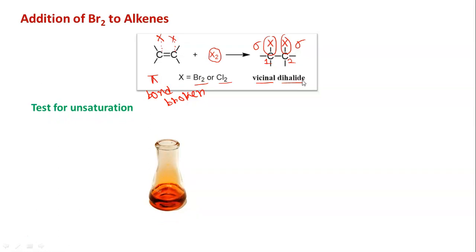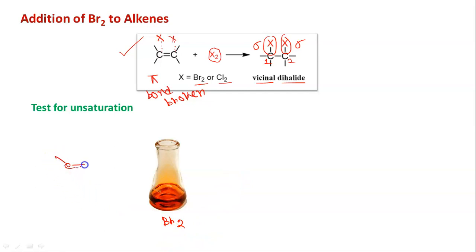That is, in any molecule, if there is unsaturation present, a CC double bond or CC triple bond, then we can test it by addition of bromine. Because when we are adding bromine, this is the solution you are seeing here, that is bromine. It has a specific yellowish color. If it is added to the compound, there will be this type of reaction, and because of this reaction, the color of bromine will be discharged.